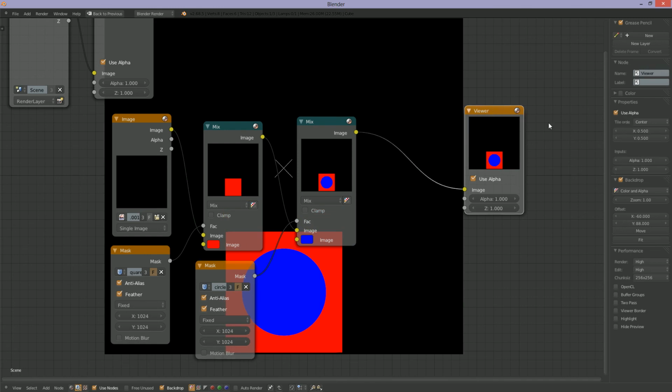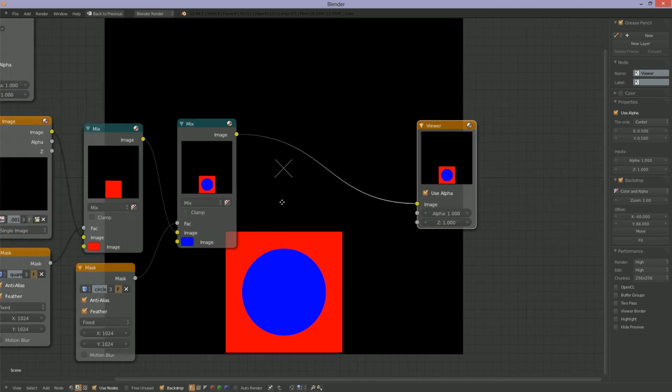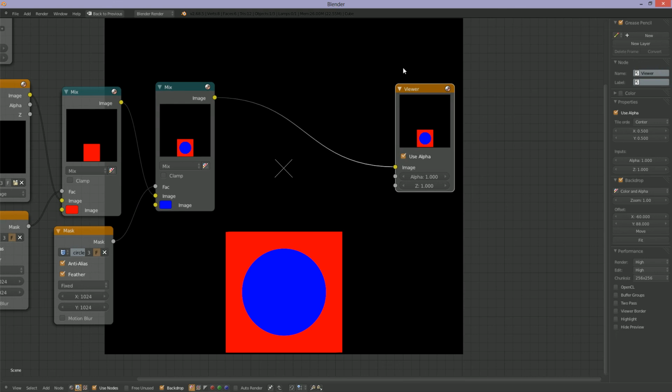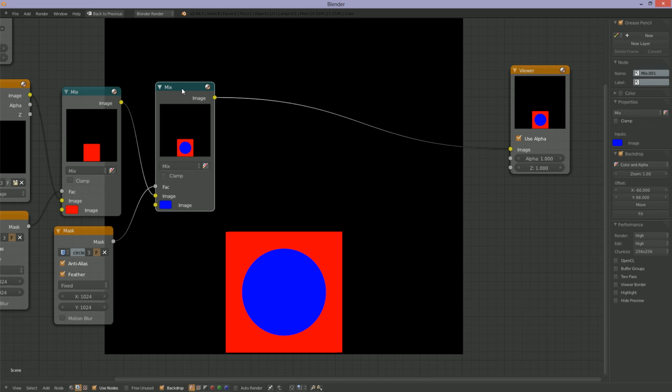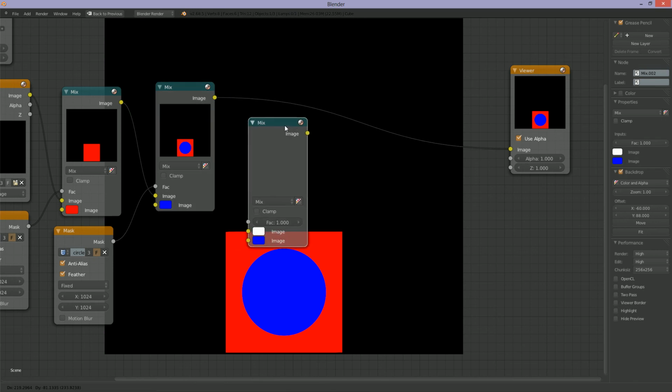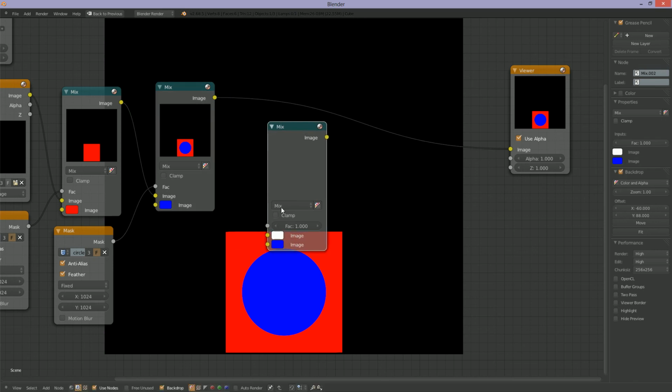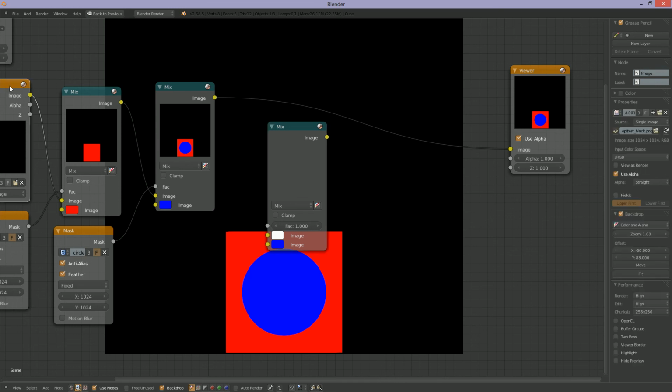Now what I would like to do is take that red area and apply an image to it. Take the blue area and apply an image to it. How do we do that? So this will work again. I'll make a copy of my mix node. I'm going to set it over here. Make a copy of my image node,